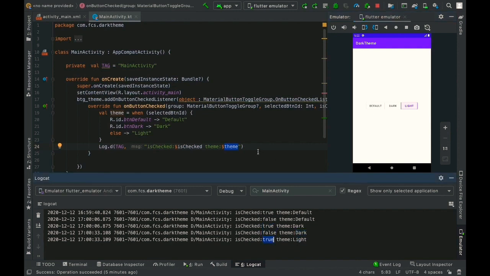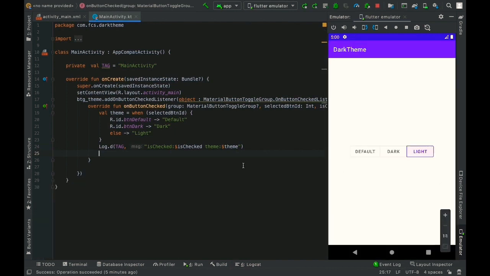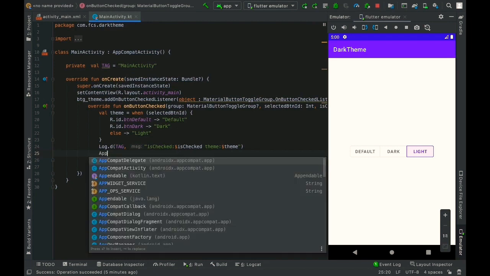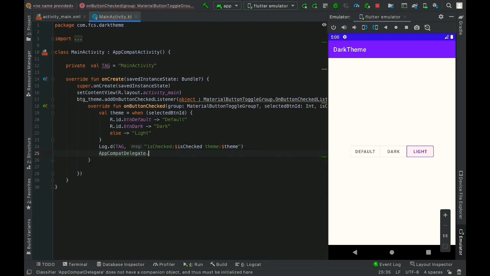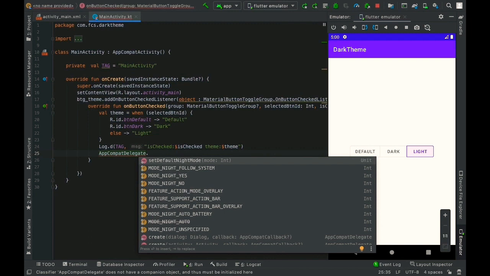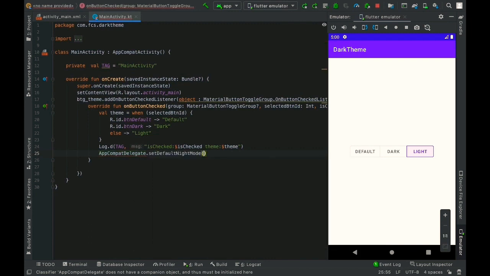So now here I am going to add the logic for setting the theme. For setting the theme, we have something called AppCompatDelegate, and with this we can call a function called setDefaultNightMode, which is this one. As a parameter we need to pass the theme, and for theme we have several constant values.